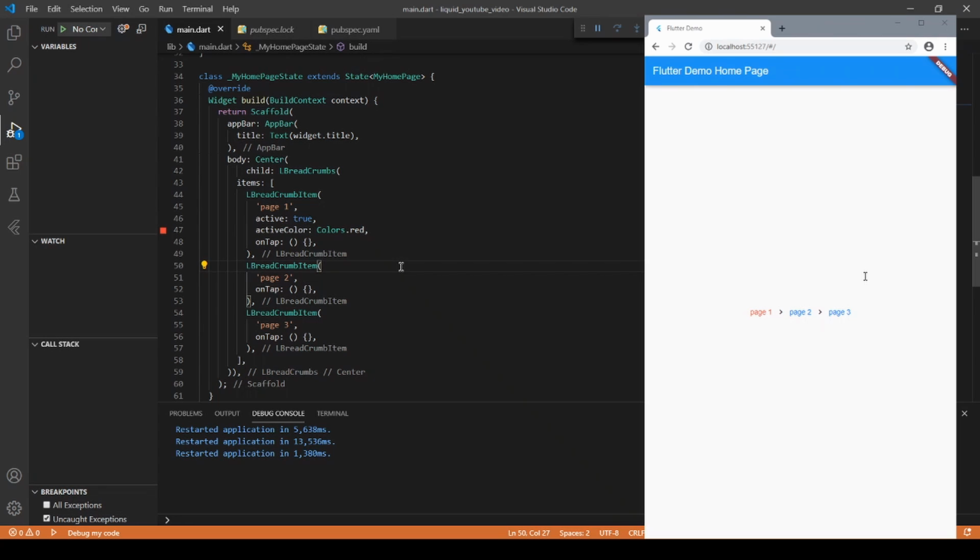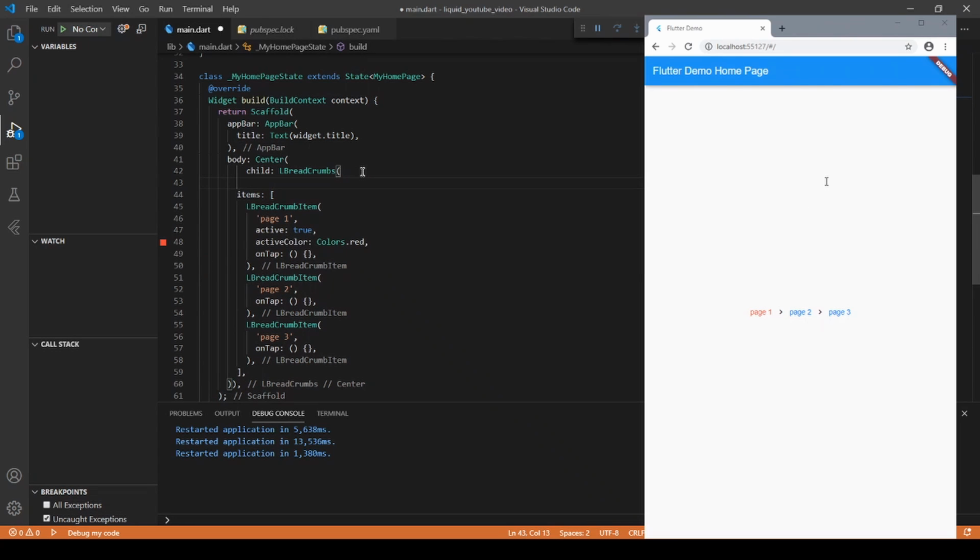Alright, another change we can make is about the spacing. You can see there is an angle right icon over there. We can set the spacing between the LBreadcrumb item and the icon.